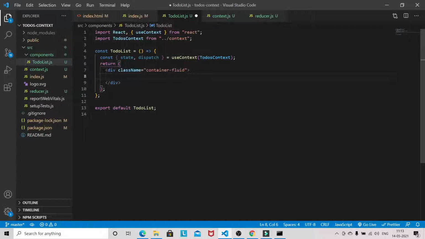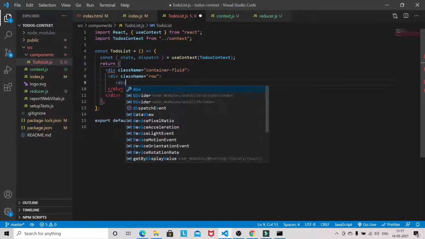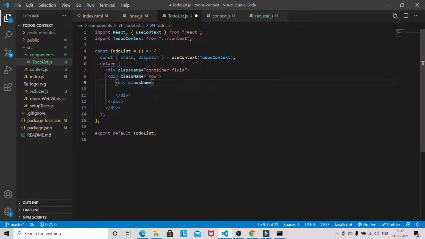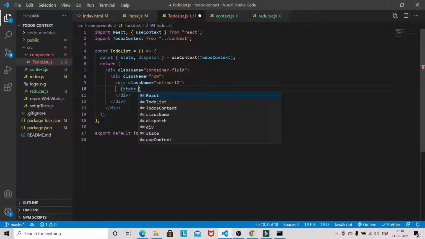Okay, so we will define one more div with the class name row, and another div with class name col-md-12. Okay, so these are the divs we need. Now we will be displaying our initial to-dos.